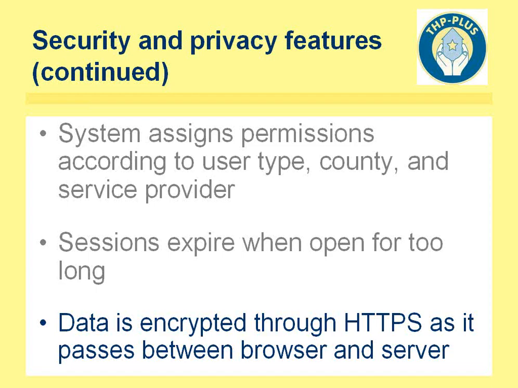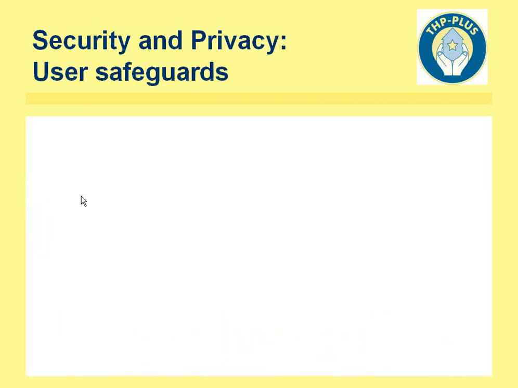Great. Thank you very much, Josh. Now that we've reviewed the overall security and privacy features that are available through the system, there also are some user safeguards that everyone should be keeping in mind that will also serve to help protect the data. These are common sense protections that we just want to review with people, that you may already be implementing with other data collection resources that you use for your other programs. There are really three main things. Again, these are the responsibility of all people who are using the system.